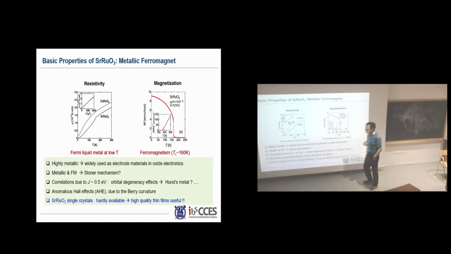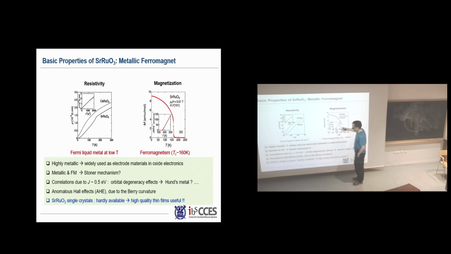So that's one of the reasons many people are using strontium ruthenate in this room, because it's a very ideal material for the electrode. So when you make devices, you can have a strontium ruthenate bottom layer. You can have a very perfect atomically smooth surface, and it is also highly metallic. So it can be an ideal electrode material. So that's the reason many people in this community are working on strontium ruthenate.